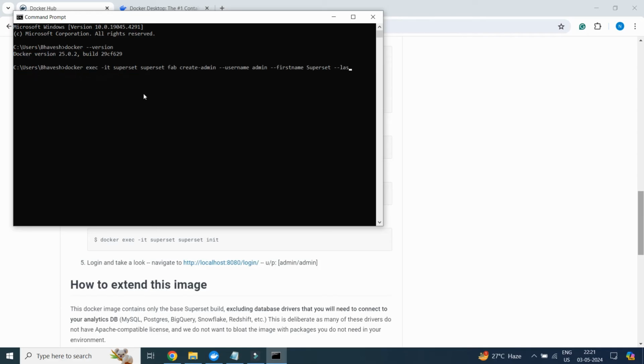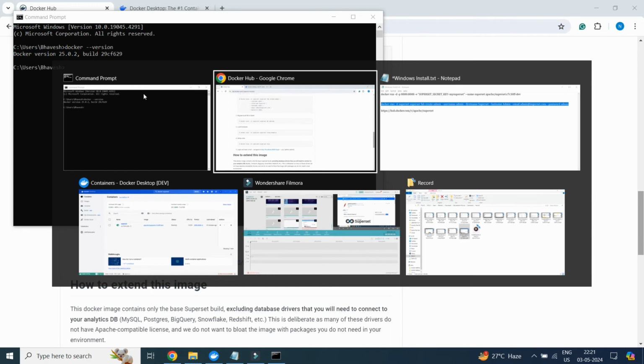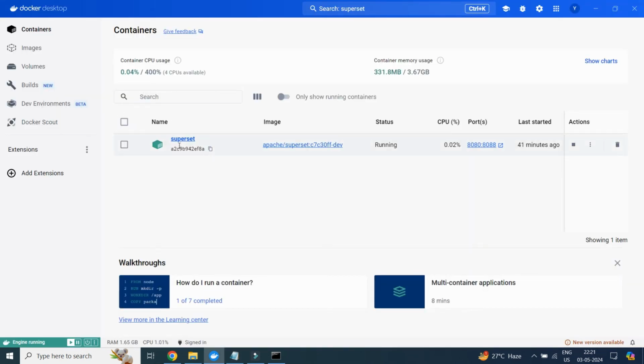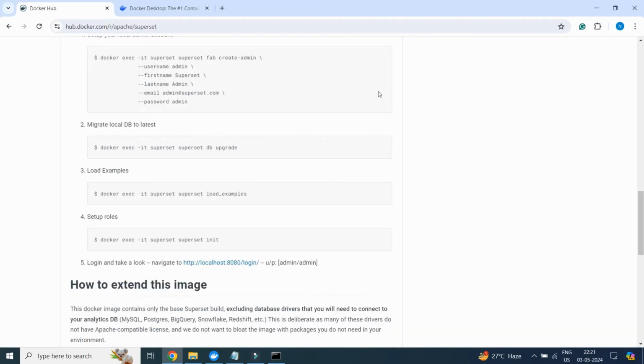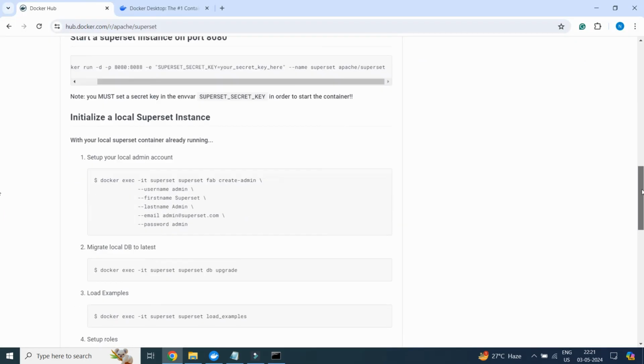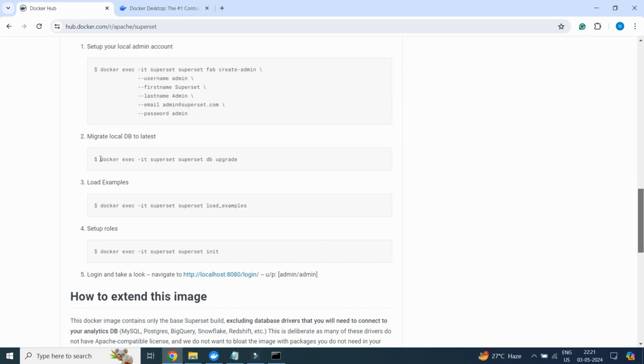I am not executing it because my container is already up and running. You need to follow all these steps one by one. There is no rocket science in it. It's simply straightforward. And once Superset is initialized, you can log in.